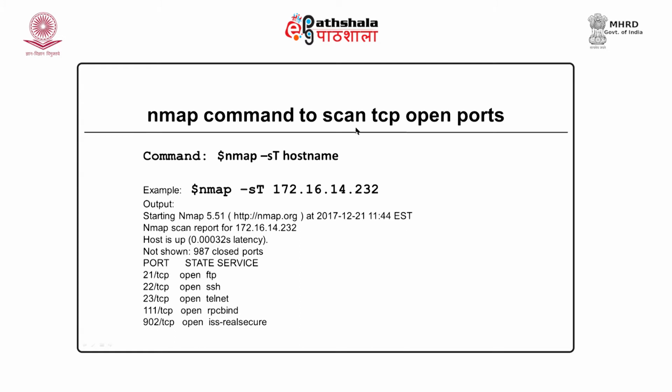So, if we want to scan open ports for a specific protocol, say for example TCP, then I will give the option -sT, capital T indicates the TCP protocol. So, the output will contain all the open ports for the TCP protocol for this system. Now, if you want to scan UDP open ports, then instead of T we replace using U. The uppercase U will scan all the UDP ports that are open for the different protocols.